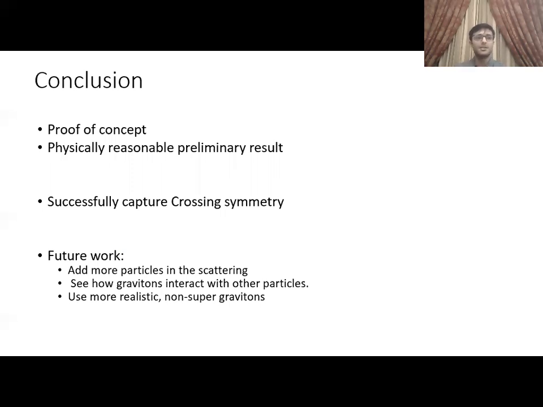But once we've done that, there's quite a lot of scope, because we could add more particles or gravitons in the scattering. So instead of 2 to 2 scattering, we could add as many as we want. We could also see how gravitons interact with other particles. So we can introduce other particles with different masses and spins in this interaction, and we can use more realistic